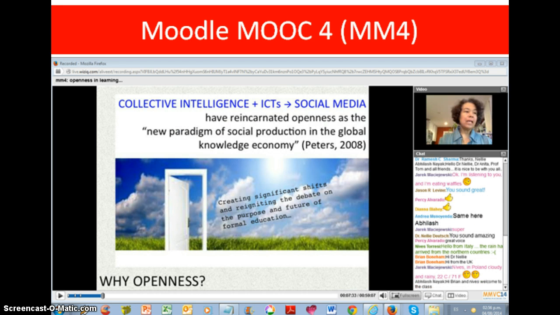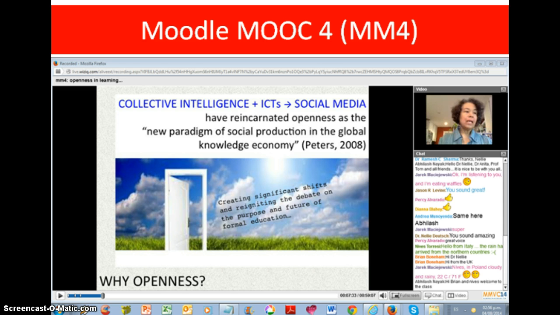Anita asked the question, why openness? Openness is an overarching concept or philosophy that is characterized by an emphasis on transparency and free, unrestricted access to knowledge and information, as well as collaborative or cooperative management and decision making rather than a central authority.